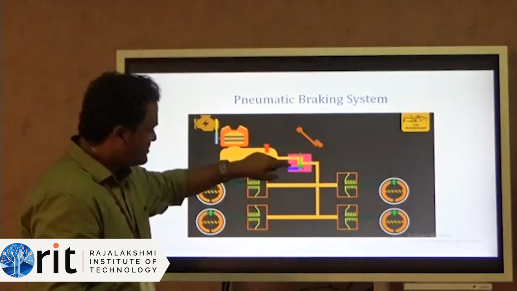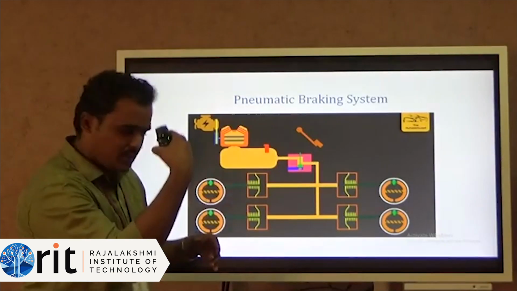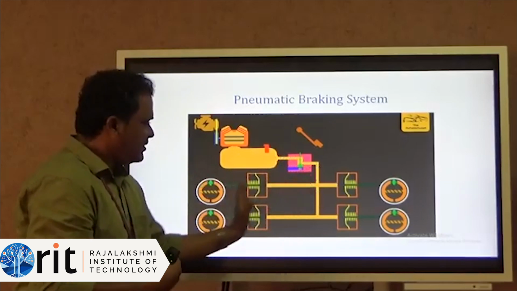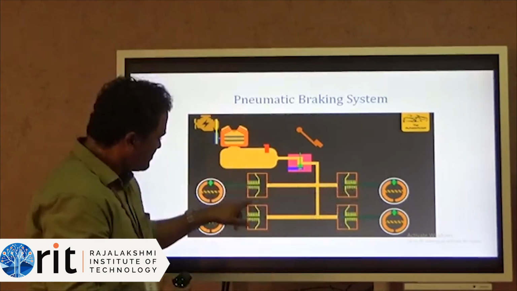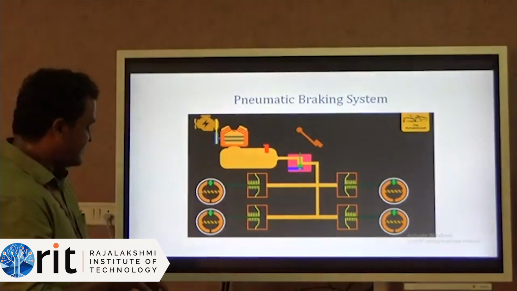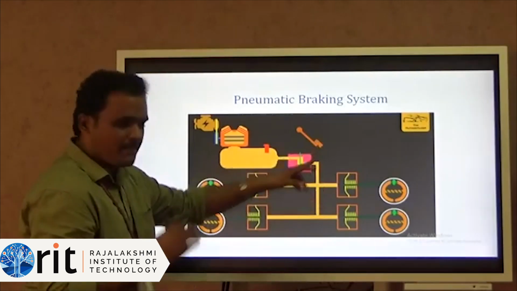When the brake pedal is pressed, the green lever moves to the downward position, so that air can enter the tube to the 4 wheels. Here are the 4 wheels. Here the spring unit is needed and a center cam unit is there. So when air is given as an input and the brake pedal is pressed,